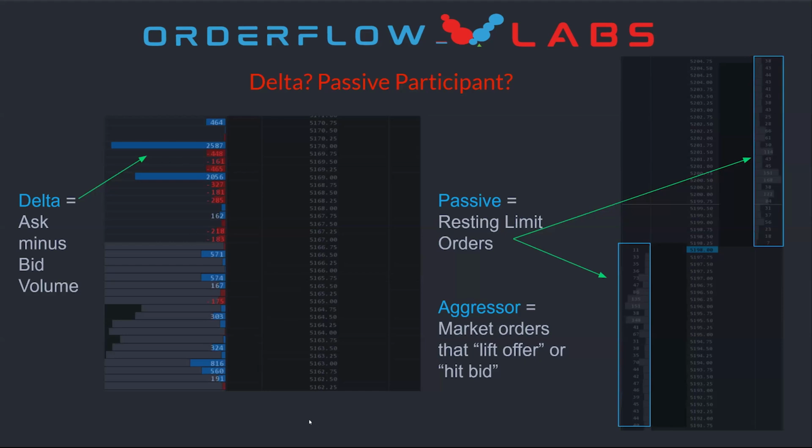We can go, oh my gosh, there's 4,000 lots for sale in ES, I should get short right away. That's definitely not the case, right? We always have to measure or consider how the market responds to this information or to that data. Because the great thing about futures is the order book's centralized, and so everybody's looking at the same data, so nothing is shocking. There are no backroom deals in the futures market. It's all done in the same order book.